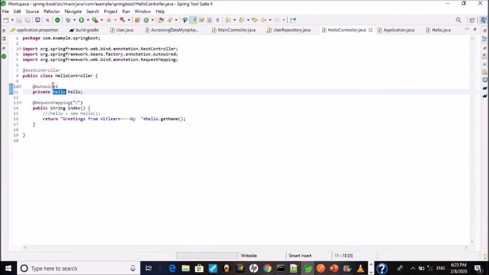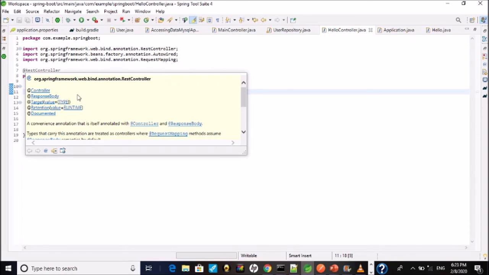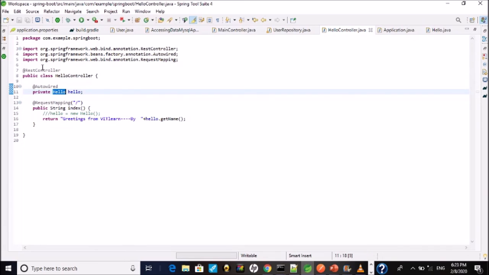HelloController is one of the REST controllers here. @RestController is another annotation, which combines @Controller and @ResponseBody, and is used to denote a class as a REST service. Here we have a method called index and we have a path slash.